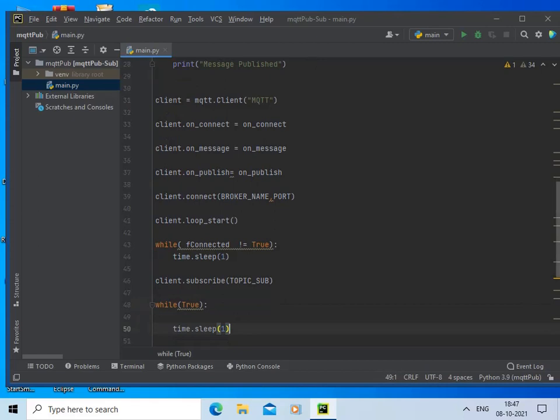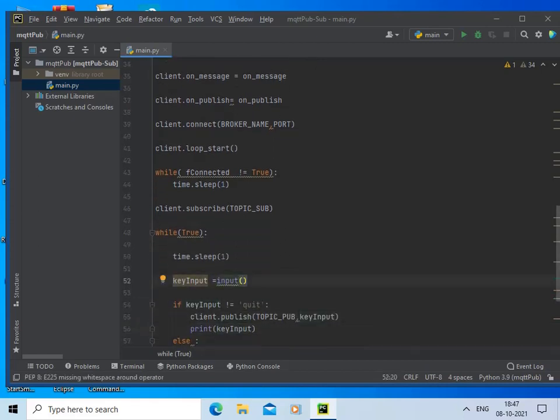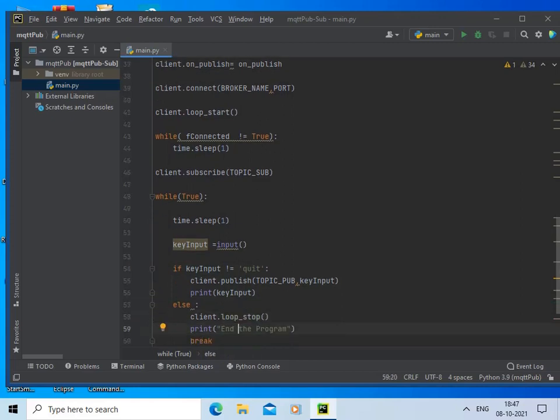So here the program enters while true. We are going to use the keyboard input over here. When the keyboard input is not quit, then we are going to publish the message using the topic underscore pub, and whatever message is typed using the keyboard will be published.